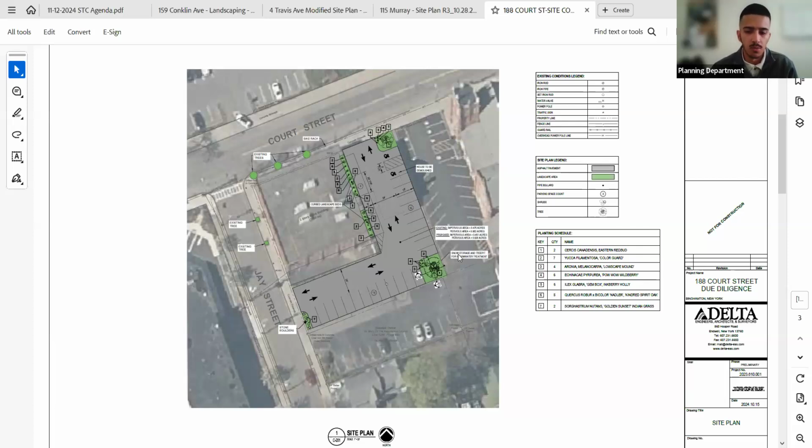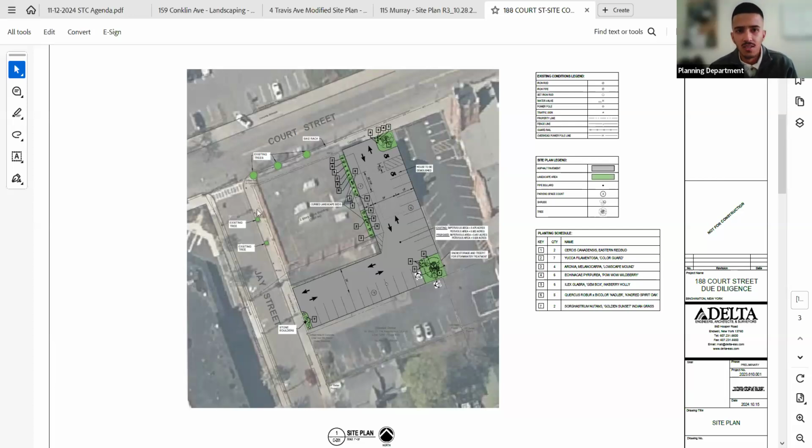For this applicant, they wanted to create a uniform, campus-like parking lot where they could go from one parking lot to the other. There's one other case coming up, 159 Conklin, where they're asking for a landscape buffer variance for different reasons. We'll talk about 159 when it gets there.